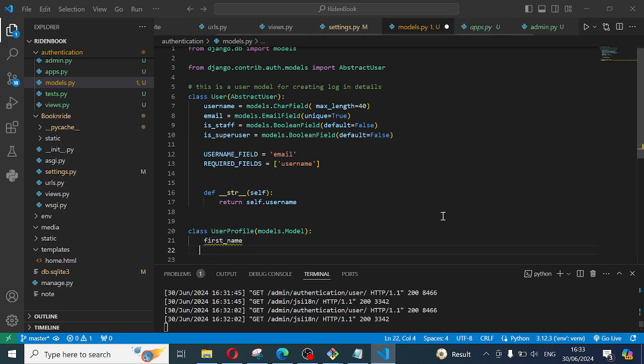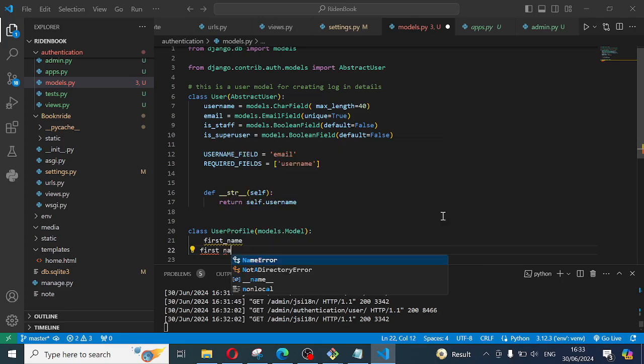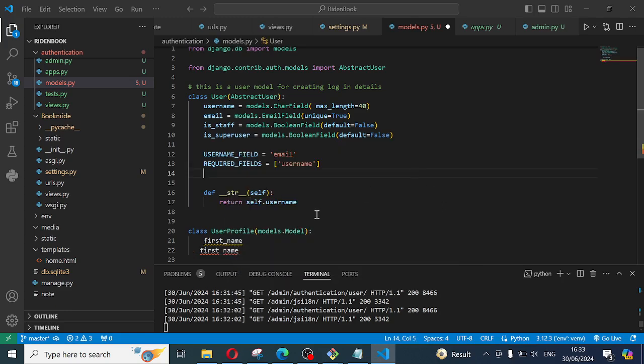And then it also cannot have a space. You cannot say first space name. It's not gonna work. You need to join it with maybe underscore or hyphen, but underscore is more appropriate. So I'll say first underscore name equals